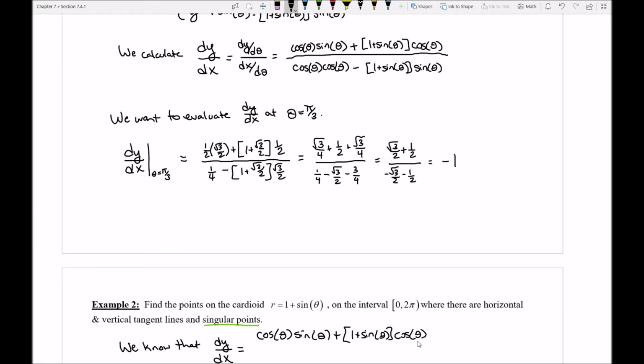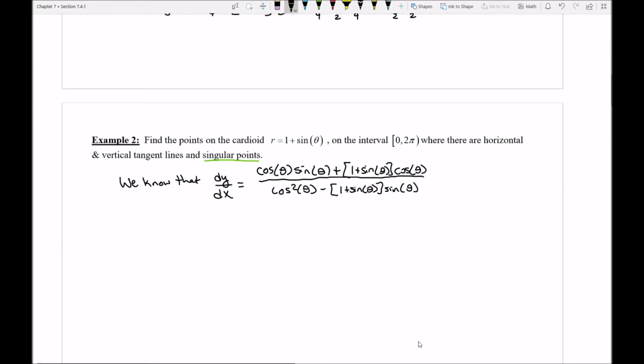cosine theta, and then I had a cosine squared of theta minus the 1 plus sine theta, sine theta. Oops, sorry, sine theta down there. So if I have all of this here, and this is equal to my derivative, it can start to become